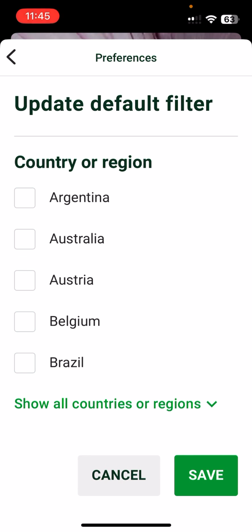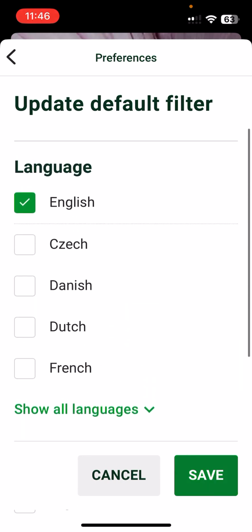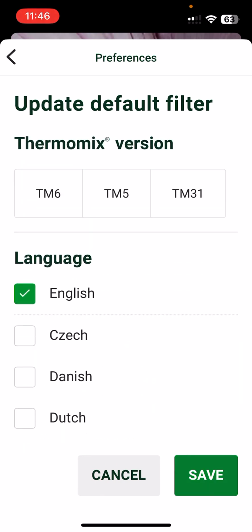If I click all of the countries, I've got loads of filters on, and I don't want loads of filters, but it also means that if there are maybe 2 or 3 recipes from a country that's not listed here, you won't see that. So leave all of the countries and regions empty, and if you only want to see English recipes, tick English